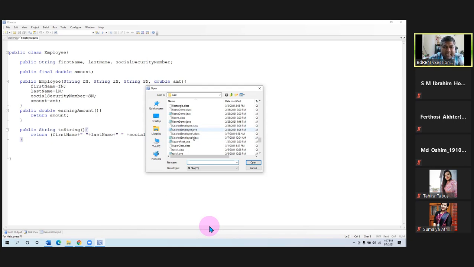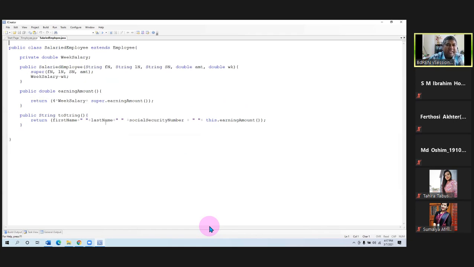Salaried employee class, which will extend the employee because they have a child and parent relationship. So the employee class has been extended by the child salaried employee class. The salaried employee class has weekly salary and other instance variables. Other necessary information for the salaried employee will be initialized by the super method, by calling the constructor of